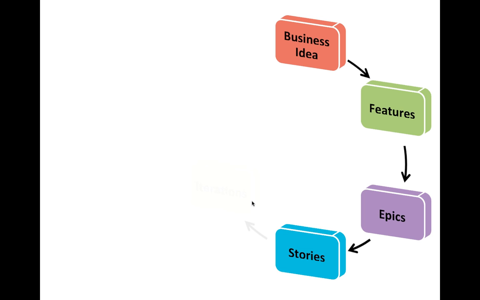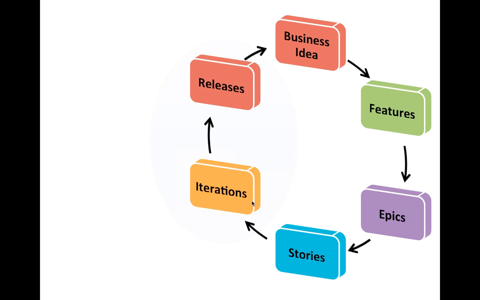That business idea got broken down into features, which got broken down into epics to make it more manageable. Epics became stories. Stories are implemented in various iterations. Various iterations form releases, and multiple releases eventually realize the business value for the product owners, for the business owners